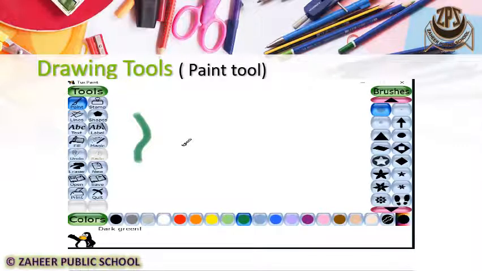Click and hold the mouse left button and move the mouse pointer on the drawing canvas, and release the mouse each time when you finish a part of your drawing. You may also